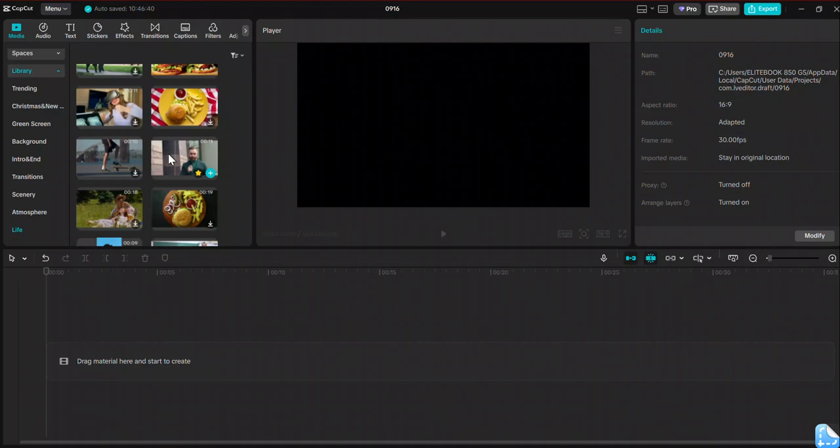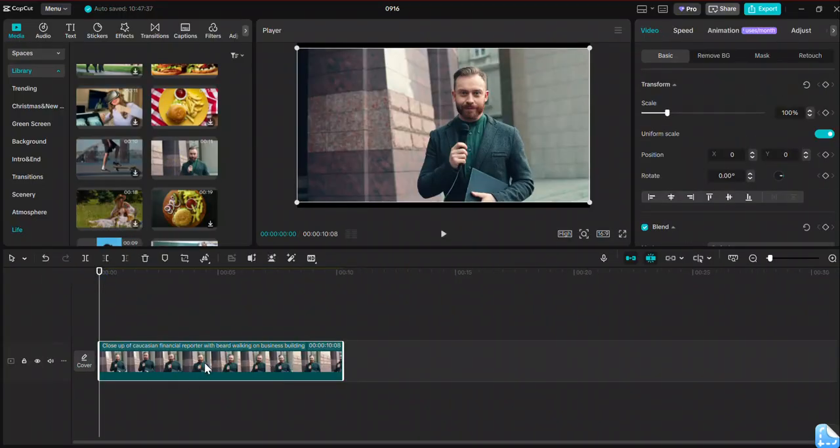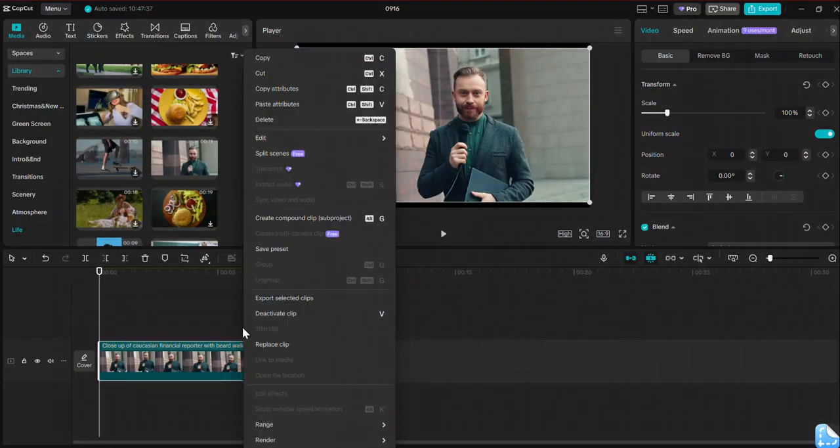So in this video, I'll show you how to make blur with the same background in CapCut. So now import your video. Now here is my video. If I want to make blur with the same background for this video, select the video, right click, go to